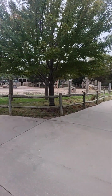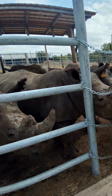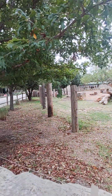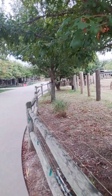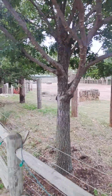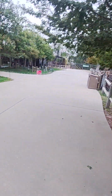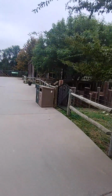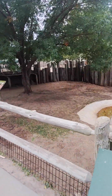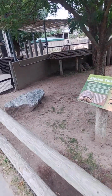And then in here, they have some Indian rhinos. They do have some southern white rhinoceroses too, but they're still fairly new to the park. So they're still getting used to being here at Tanganyika and aren't typically available for guests to interact with. But if you ask them nicely, they may allow you to go out into the safari barn and meet their